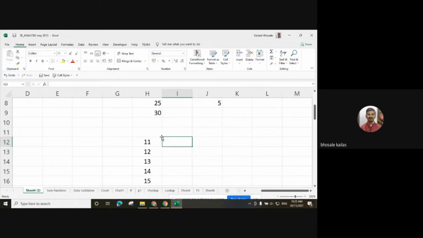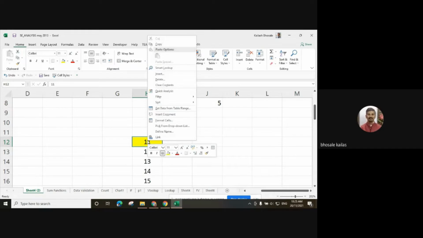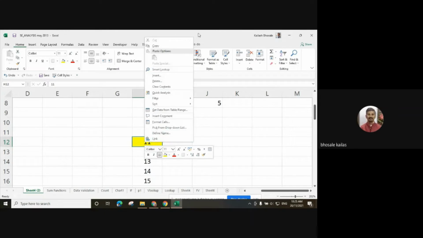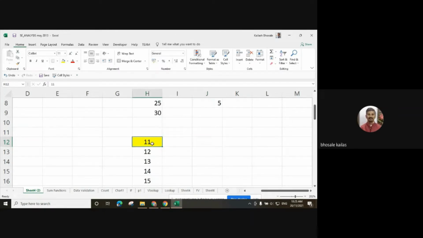Suppose I want to cut the value of this cell. You can right click on the cell, using the right side button of the mouse. For cutting the value, you can use Control X, and then choose where we want to paste. Here at the bottom, it is asking to select the destination and press enter or choose paste. So Excel is also helping us, giving the guideline on how to use the various functions.